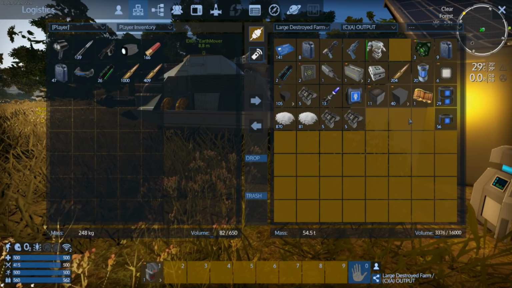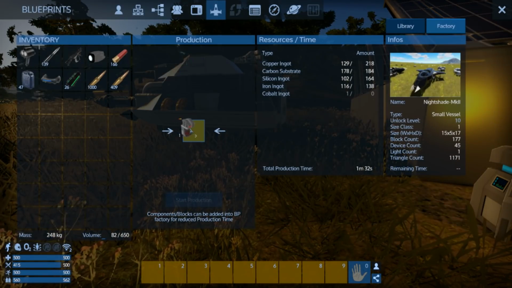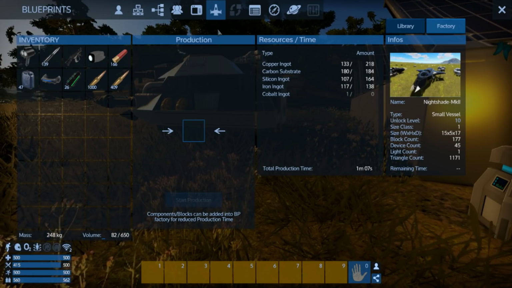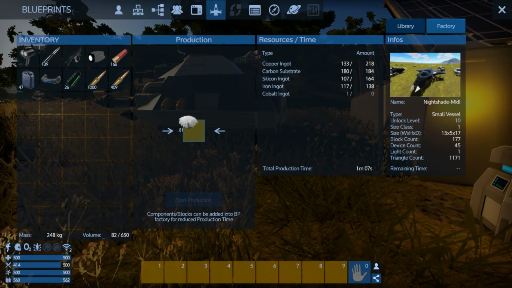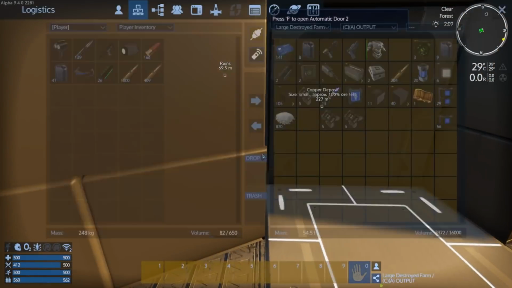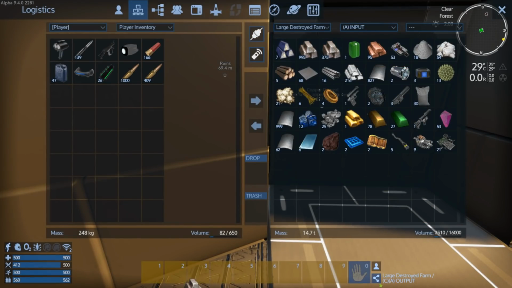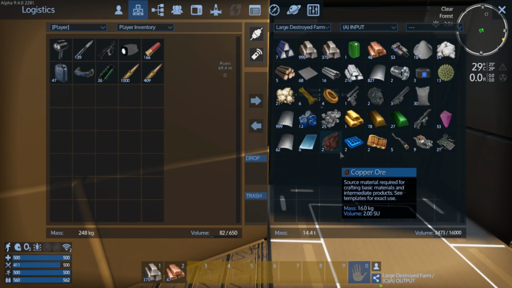So yeah, I'm going to leave everything else, and it's not a lot left, it's minor. In fact, I can do the carbon substrate bit straight away. There you go. Yeah, it's very marginal amounts, really. So actually, we could just go to our input. We've got more than enough iron. We're low on copper, and we are...